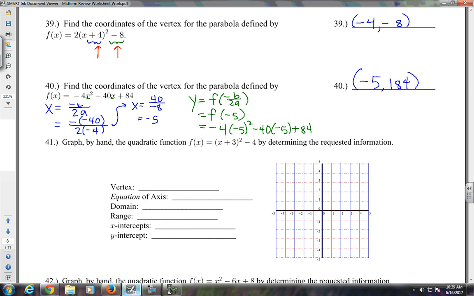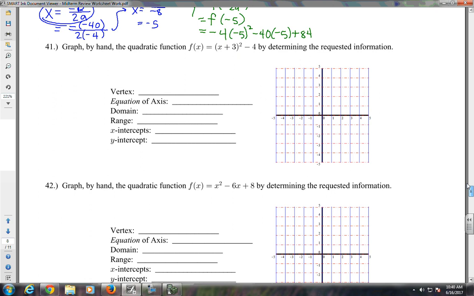So remember, in the factored form, you can read the vertex directly from that format. In this one, we have to make sure and remember the formula negative b over 2a. Once you get negative b over 2a, you plug that number into the function and out pops your y value. Okay? We'll get to practice this again on the next problem,